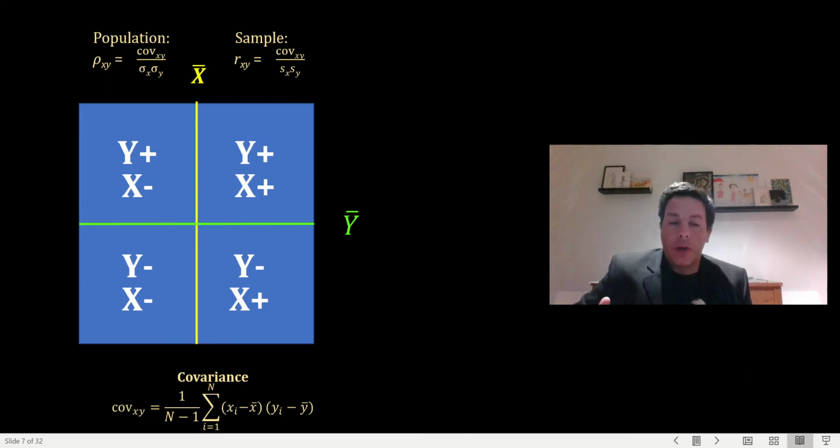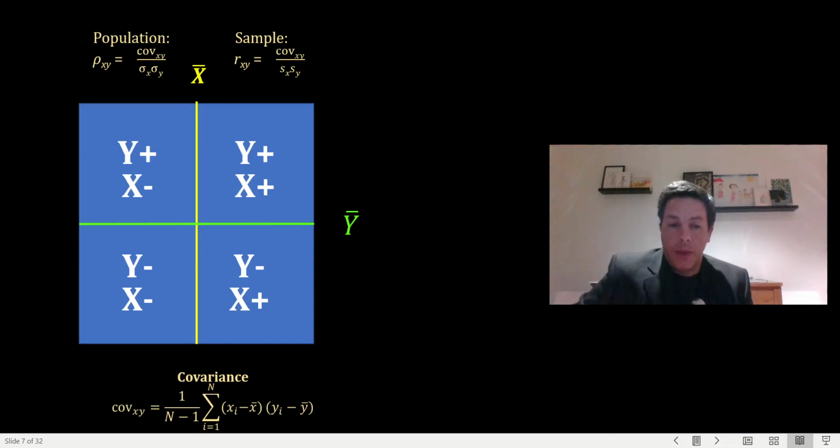So we've got 5 times 10 is 50. So the values that are in this quadrant will be positive because we are multiplying two positive values. And the higher the difference from the mean in both cases, the higher that number will